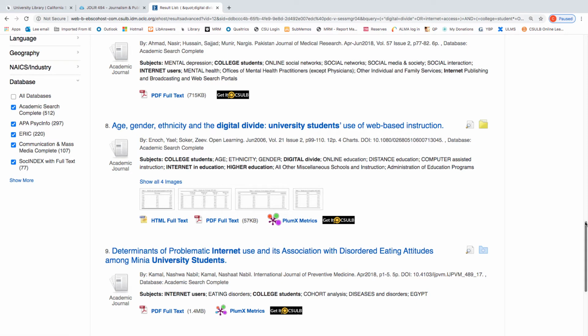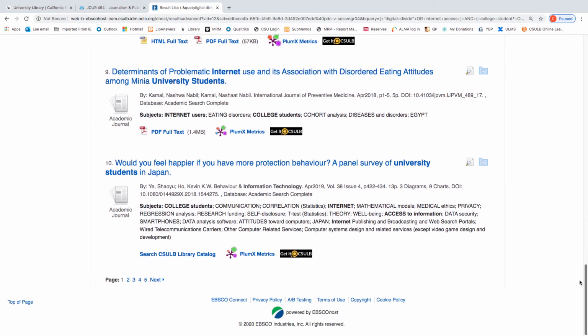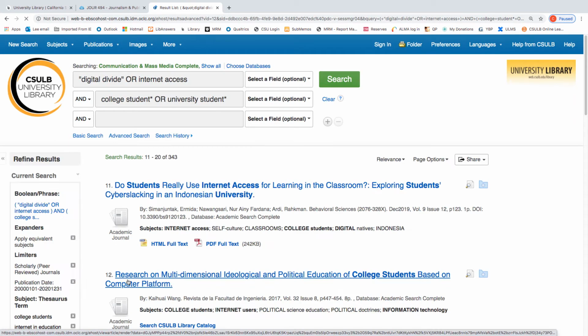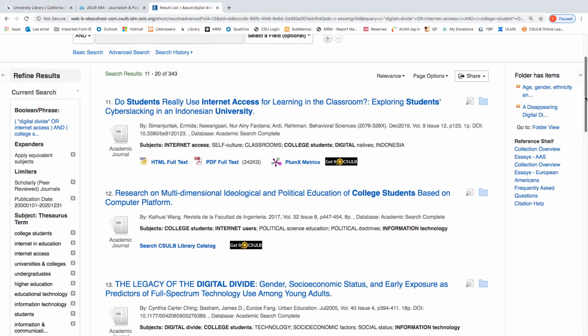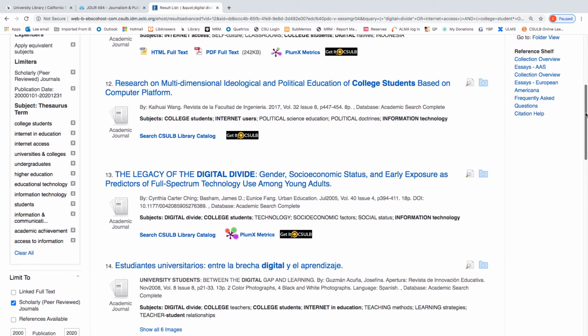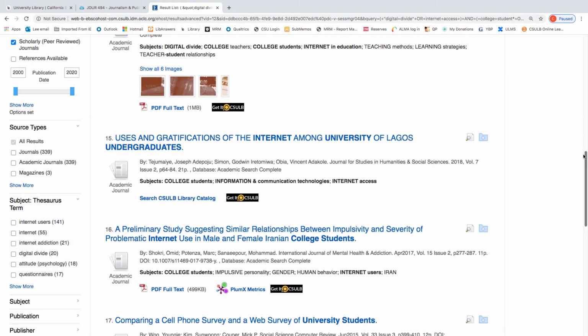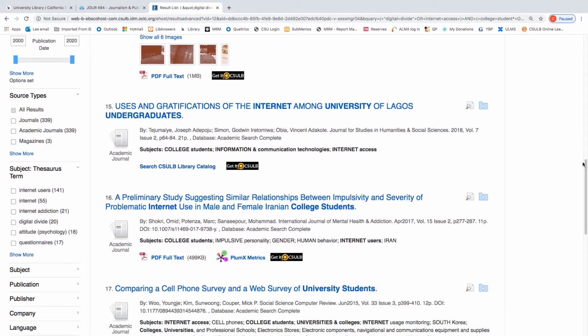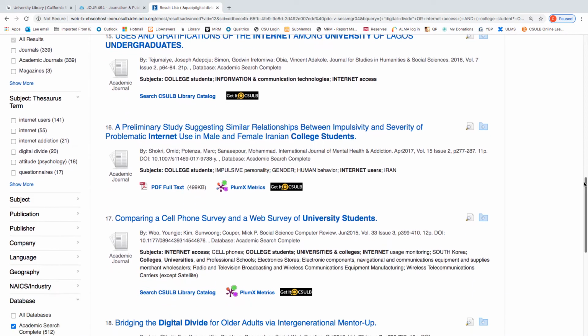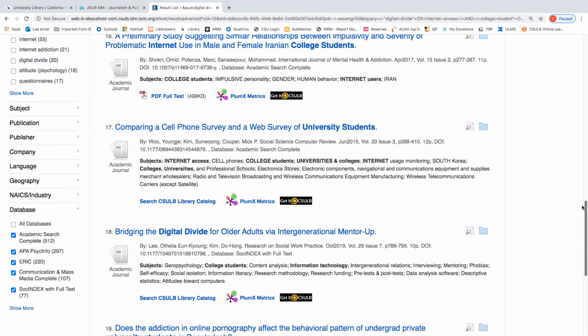Now these two articles are from 2006, so I'm not certain. And we'll go a little further here. Cyber slacking in an Indonesian university. I'm going to stick that in just because I'm curious about the term. The legacy of the digital divide, again, back in the early 2000s. So who knows, maybe the digital divide has disappeared. I would be surprised, but maybe.